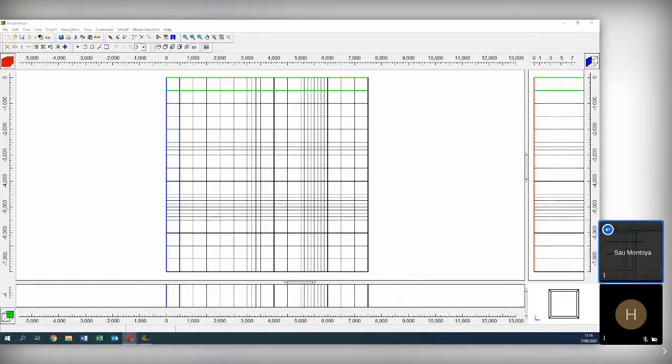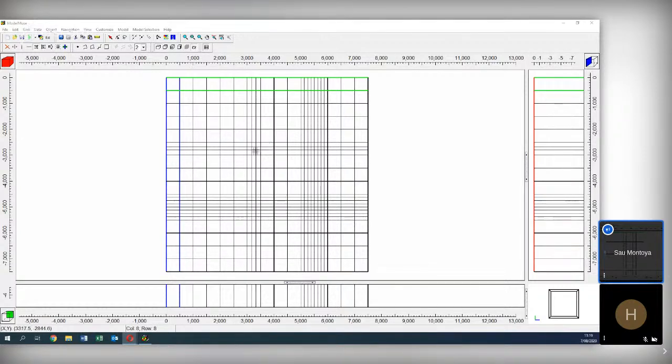Okay, so this helps us do specific refinements. This one also allows us to make the cells have a certain size.